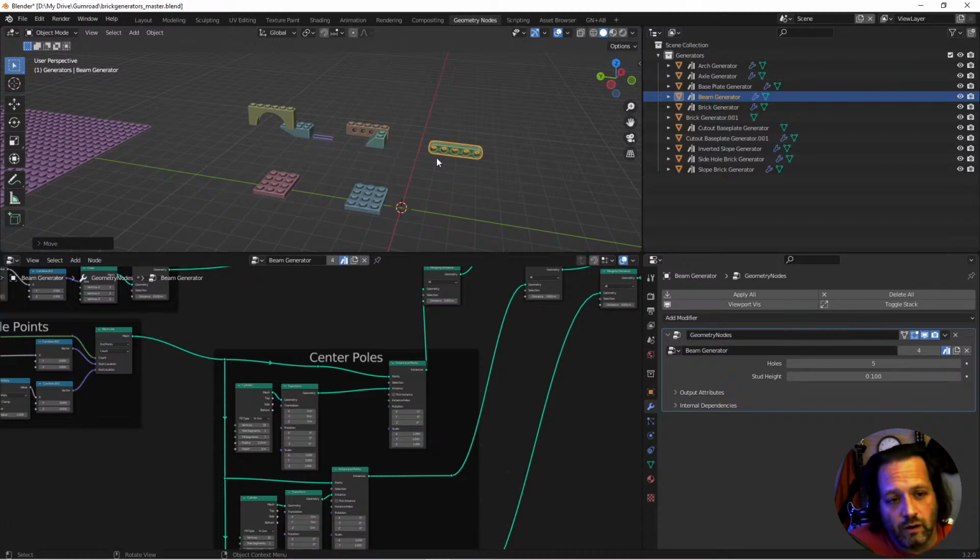Now, when I was first doing this, the thought was, well, I could have these generators, because these generators can build hundreds of different sizes of bricks, all out of these geometry nodes. But then I was thinking, oh, well, I could model up a bunch of other pieces and have them here. Well, that certainly is not a bad idea. But you can also use